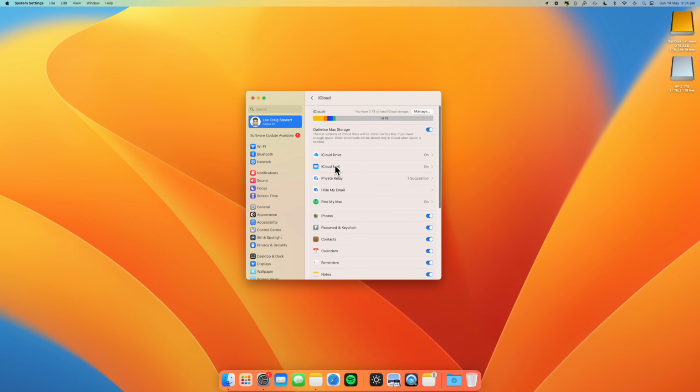So if you have an iPhone, for example, it will sync all your photos to your Mac. This applies to your email accounts, Safari bookmarks, messages, passwords, and more. If you use Apple devices a lot, then I would recommend turning all of these on. It just keeps it all up to date across all your Apple devices.